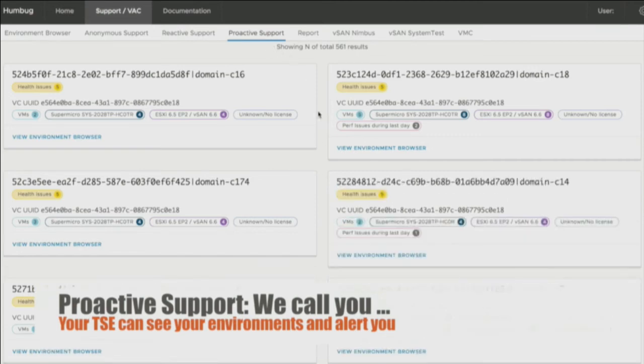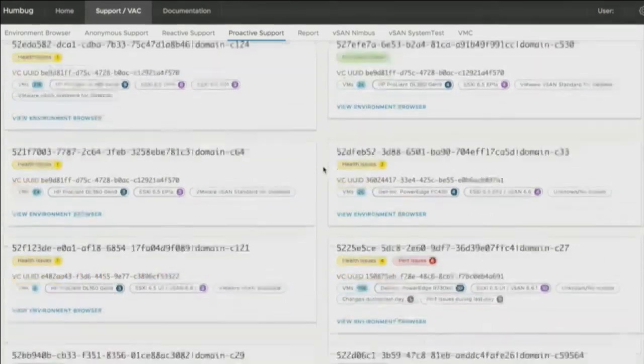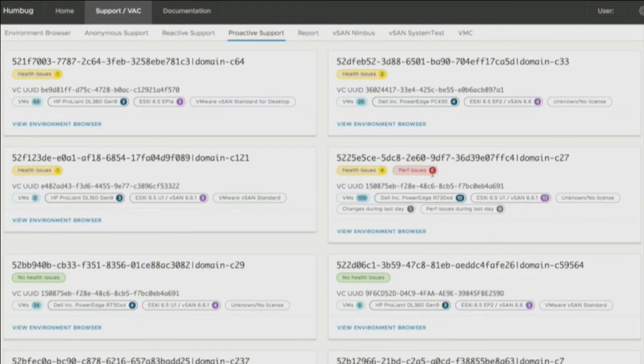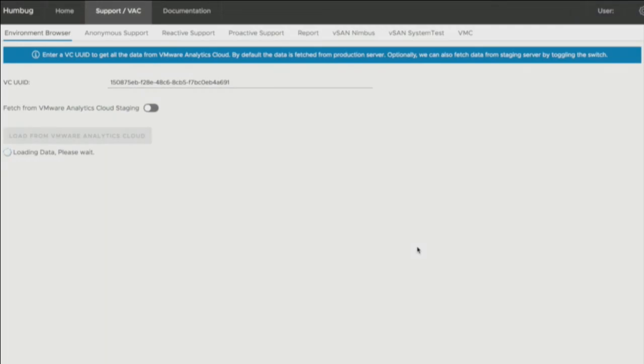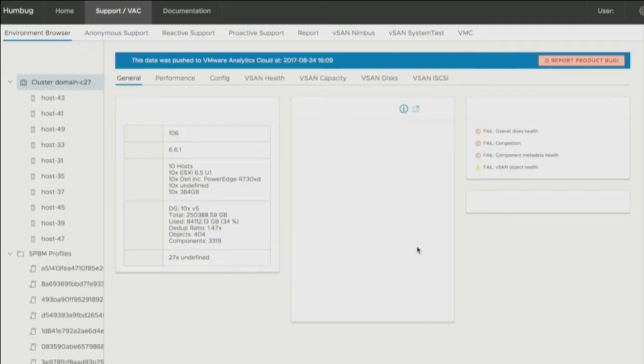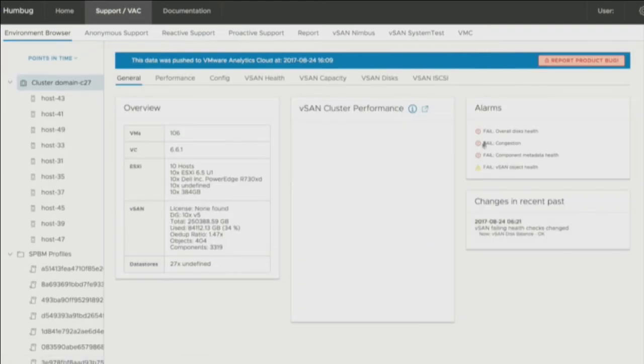So in this scenario, the idea is that we have a proactive support dashboard where your TSE, if you have, for example, Premier Support, Business Critical, Mission Critical, sees your environments. He can see what's going wrong. He can look up this wealth of information again in this environment browser where we can see your environment. They can triage, spend a few minutes, use the domain expertise, figure out what exactly to tell you, and then